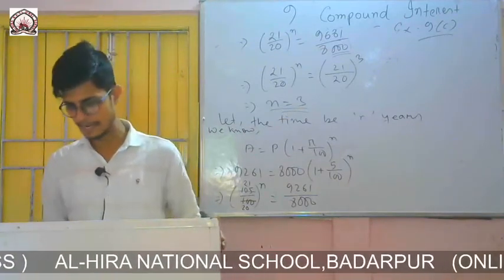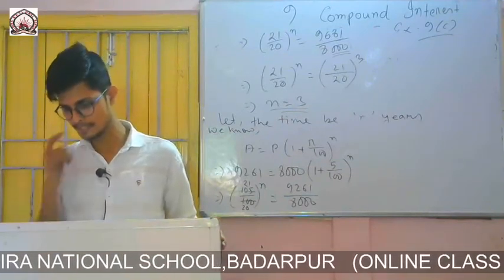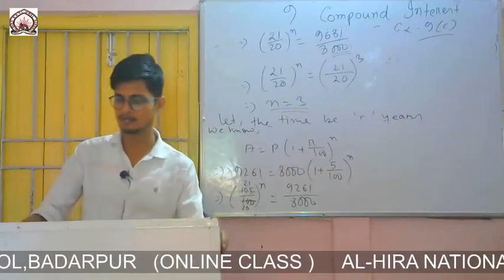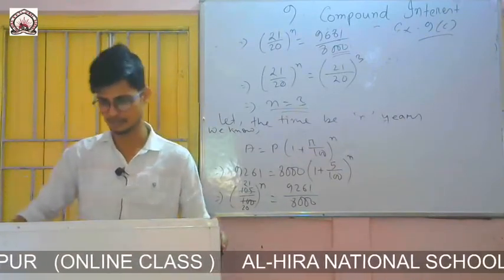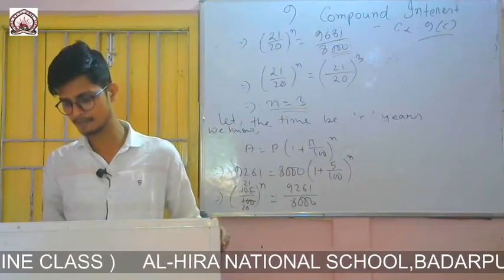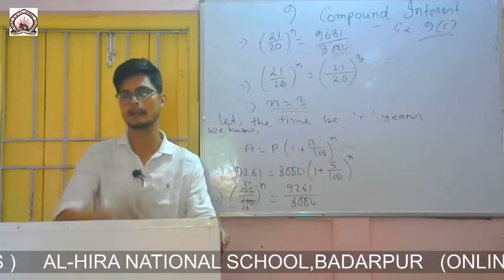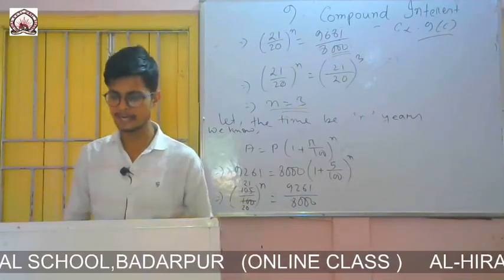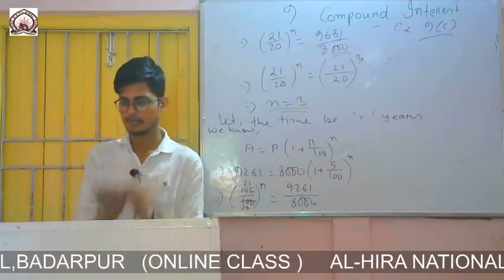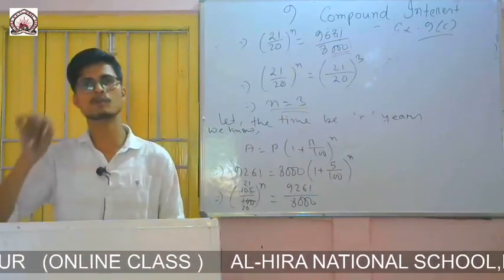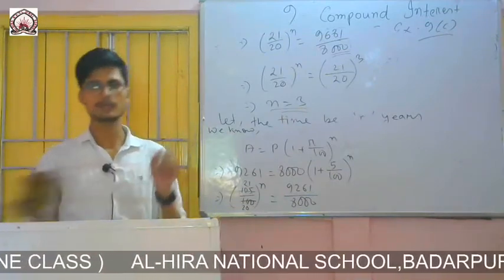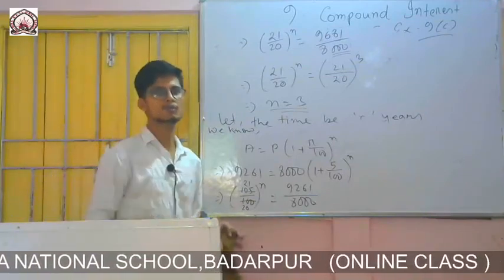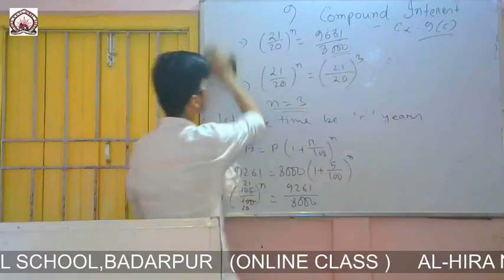Now question number 8, determine the rate of interest at which the sum of money will be 216 by 125 times the original amount in 1.5 years if the interest is compounded half yearly. So in this case, rate is missing and we have to find the rate, but the question is given like this, that it is compounded half yearly. So we'll use the formula: amount equals to P into 1 plus R by 200 to the power twice n.